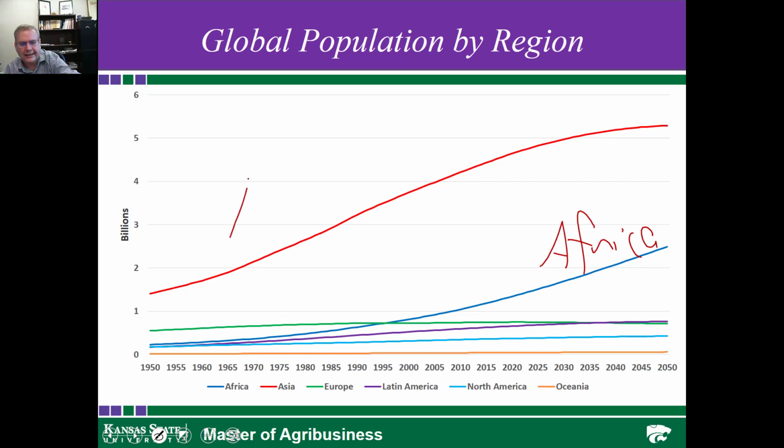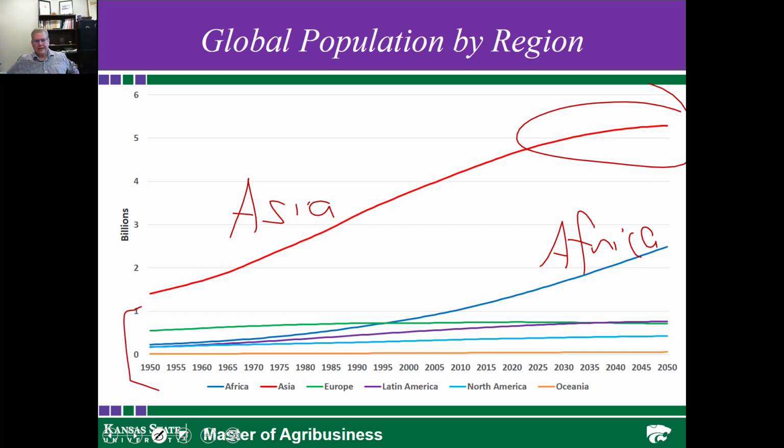The red line here is Asia, and so it's certainly important to look at that. One of the things you can end up seeing is if you get out here to 2050, it begins to look like we may end up hitting a maximum, or at least leveling off from a maximum population growth. And then you look at the other regions, Europe, Latin America, North America, Oceania. Certainly there is some growth in there, but in fact each of those regions of the world has less than 1 billion in terms of the population.